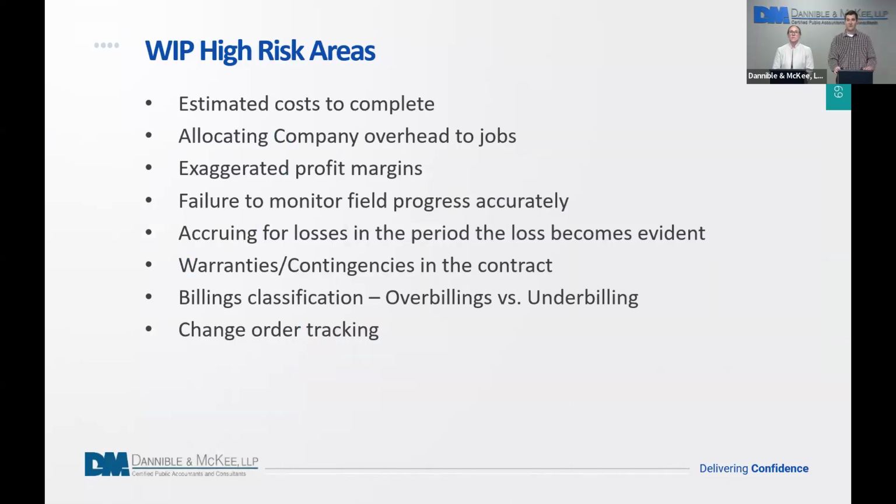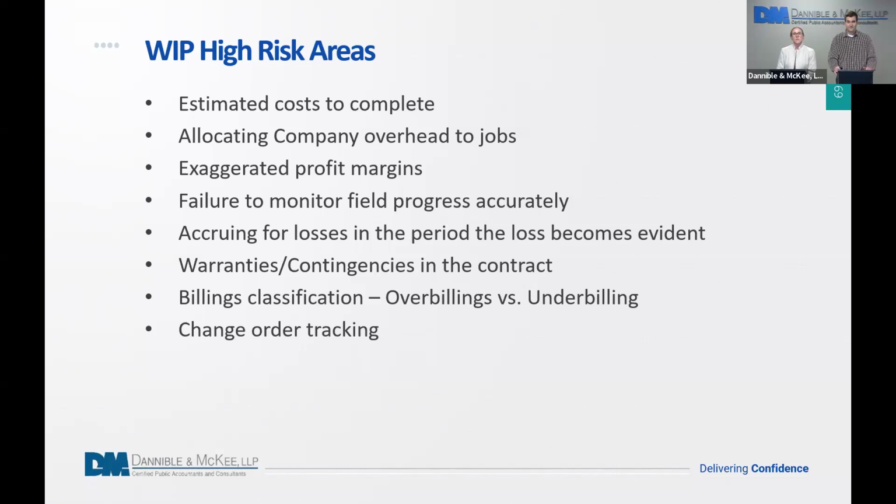We went over this in more detail in the previous slides, but to recap the high-risk areas: your estimated cost to complete, and allocating company overhead to the jobs. Are the profit margins exaggerated? Is there a weakness in management's ability to monitor field work as the job progresses, and is that leading to a weakness in the estimated cost to complete that management is reflecting on